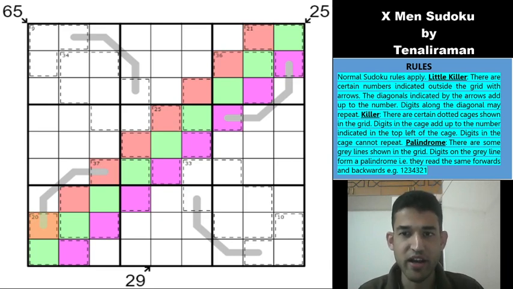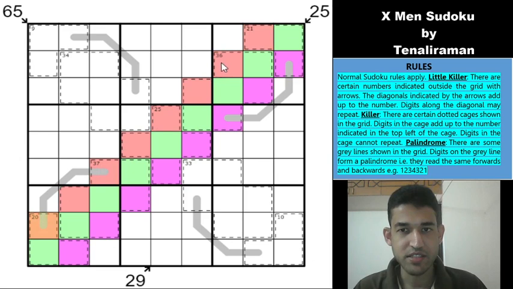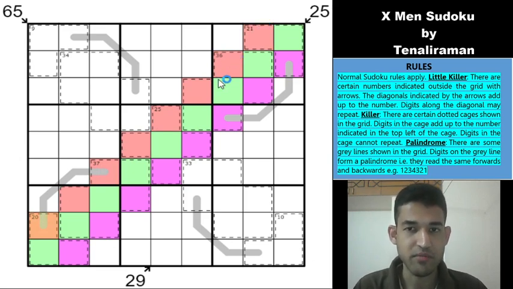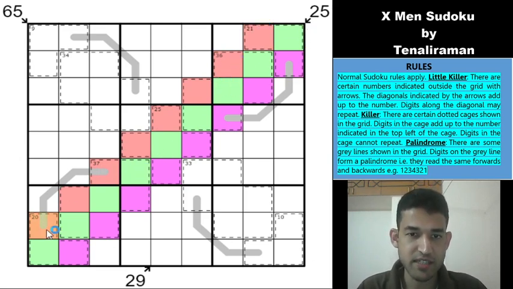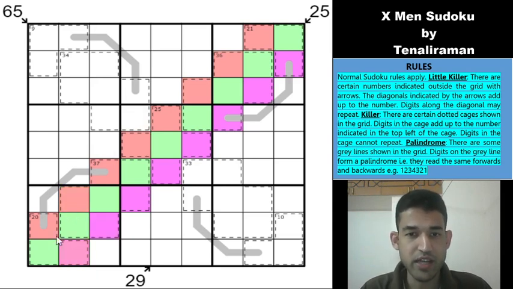If I try to say that loud again, I might make a mistake again. So if you add all the killer cages, you have a total of 139 from the grid, and we know that these green cells are totaling to 25, which means that the pink cells and the red cells sum up to 114. That is a huge value. So we need to take the maximum possible values here. Minimum possible is not going to work.